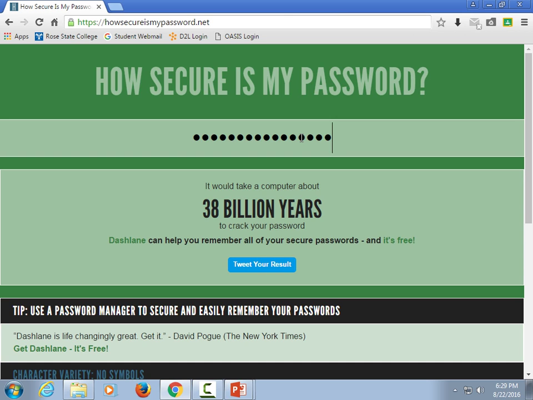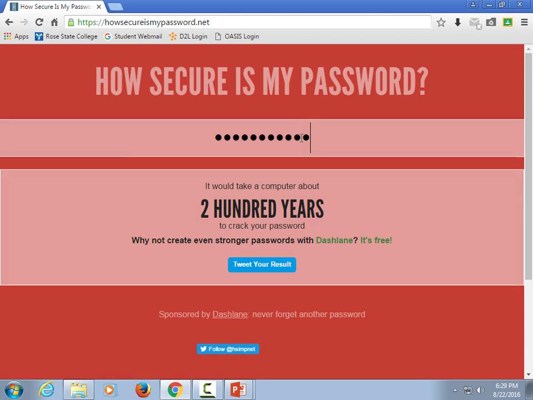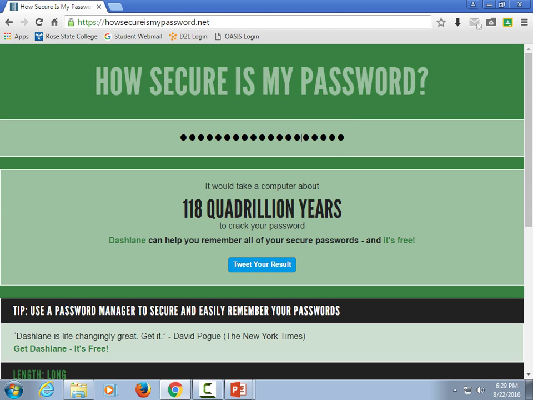That's what I logged into this computer with today. So that's the problem. But how do they know it's going to take 38 billion years? It's an estimate based on the length and the characters. Now I'm going to type in my LastPass password. 118 quadrillion years. That's a little bit better. Go to this website, type in your password, and see what it takes.